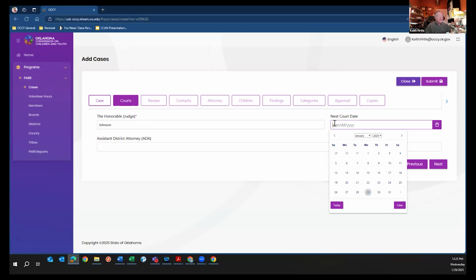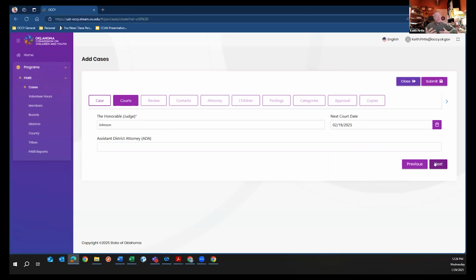So you should have that information in front of you. So if you put in the next court date, say February 19th, then when you're sorting cases later, you can sort by that next court date, and then prepare things. But it's not going to make any difference on the recommendation. It's more of an organizational tool. I don't care. That's another classic example of what you talked about, the data for me versus the data for you. I don't care when the next court date is. I generally want to know that you're getting these cases submitted in a timely manner, but the next court date is really for you to help you know when to prepare.